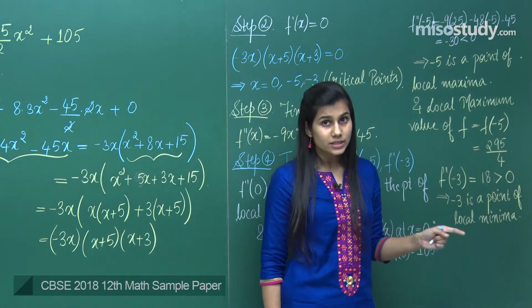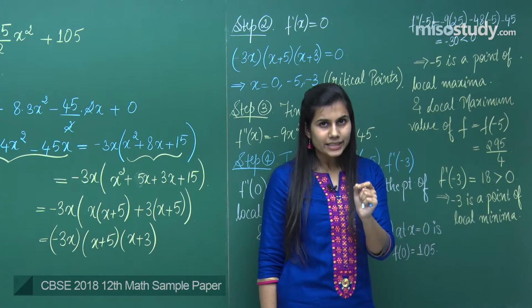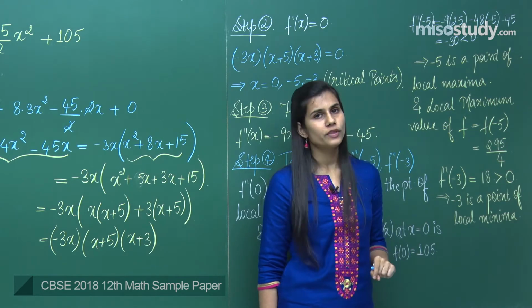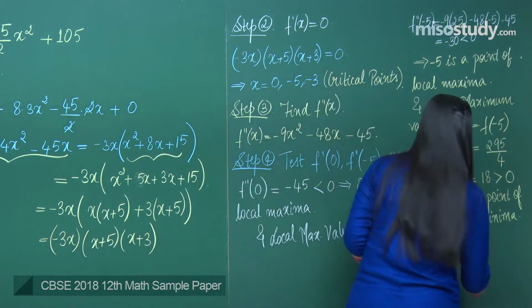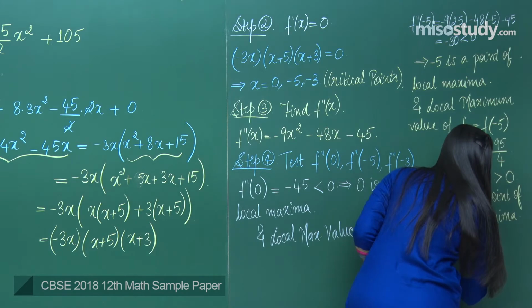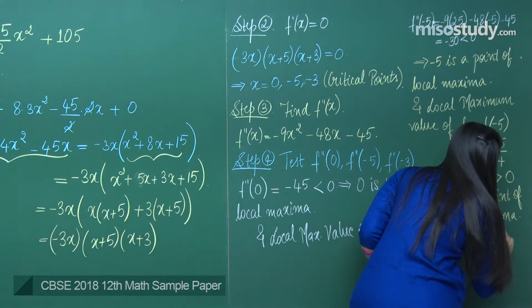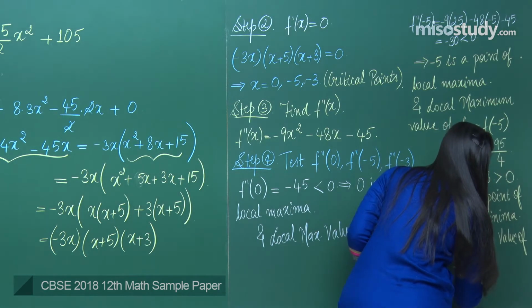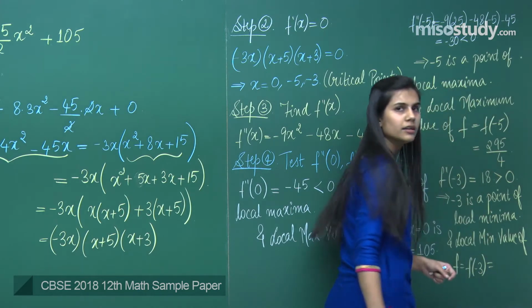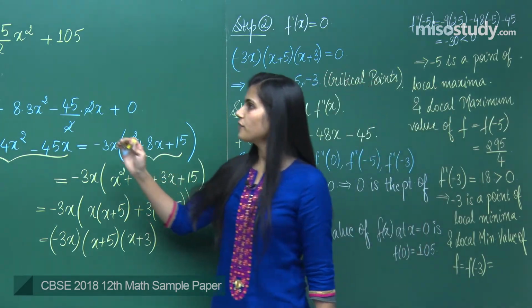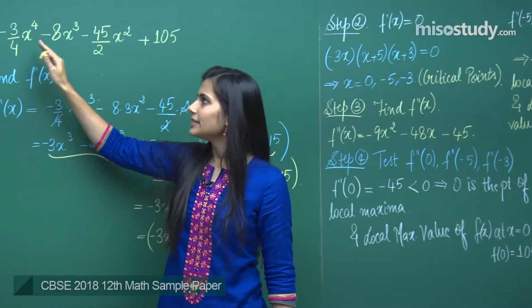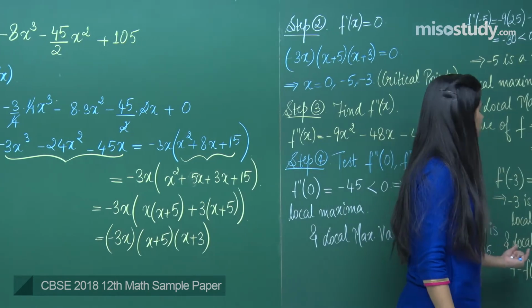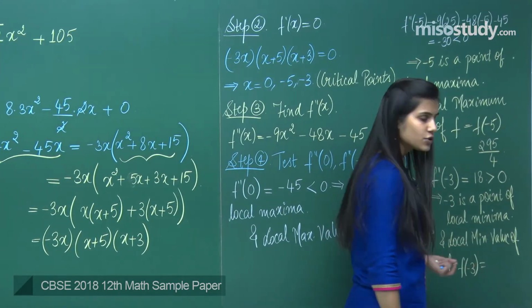F double dash x is positive, that means that particular point x for which f double dash x is positive is the point of local minima of the function f, and the corresponding local minimum value of f, which is f of minus 3, becomes what? Well, just in place of x you have to substitute minus 3 and solve this entire expression. What you are going to get is your local minimum value of f at x equals minus 3, which is